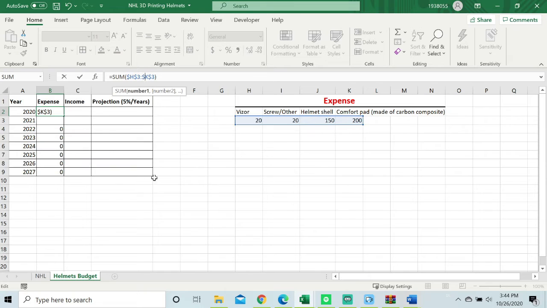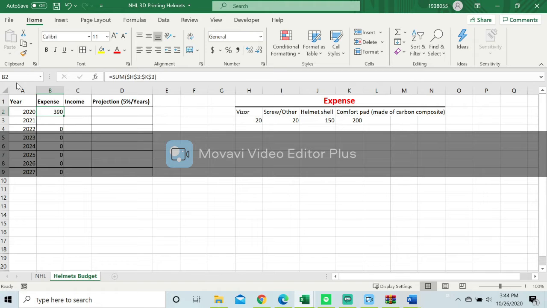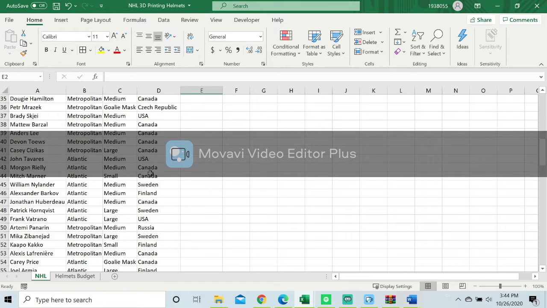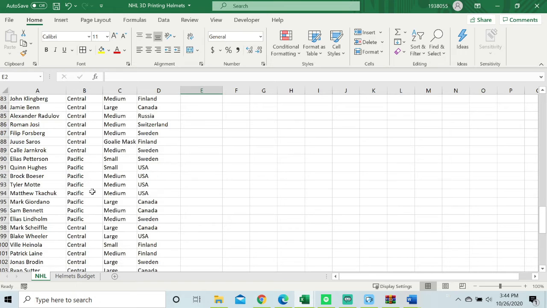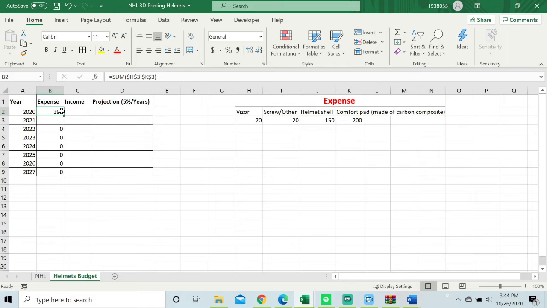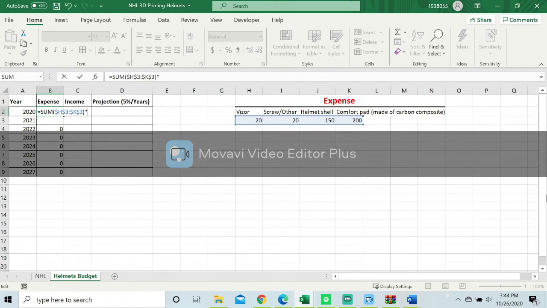So right here, this is the price for one helmet, the price that it costs to make one helmet, for example. Now if I go in the NHL sheet, I see that they have 124 players. So I'll do the price of one helmet times 124